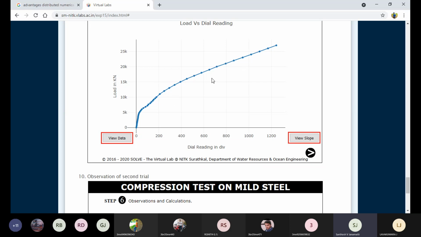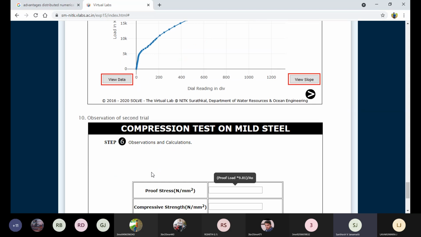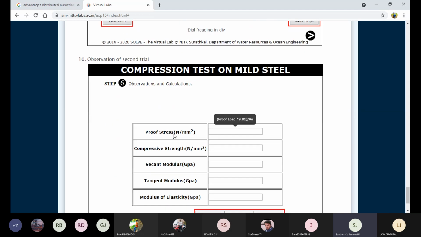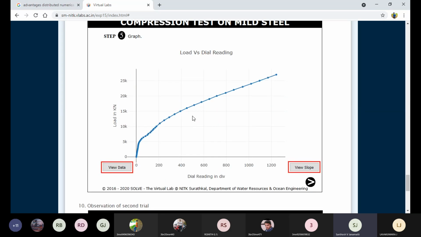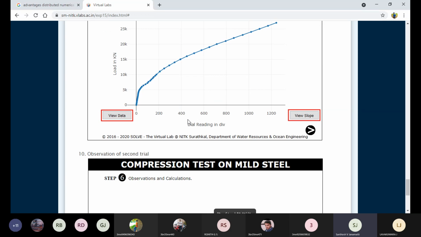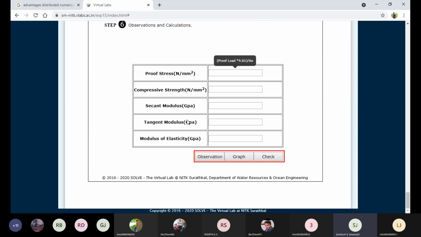For example, here this material is not showing the yield point. Each and every material has a yield point, but some materials will not show it. Most brittle materials and polymer materials will not show the yield point. In that situation we need to take the proof stress method. With the help of standard institutes, strain values are given. With the help of the strain values, we draw the secant and tangent, and then determine the proof stress.